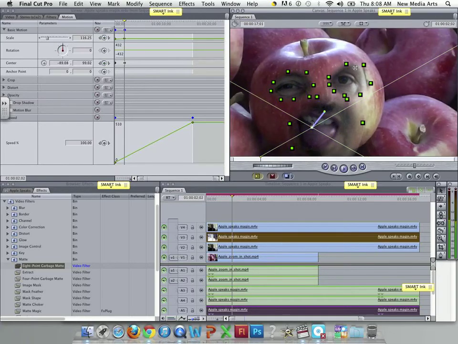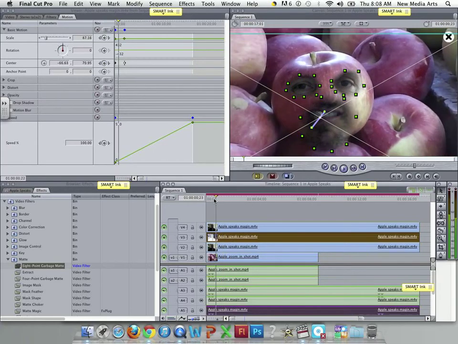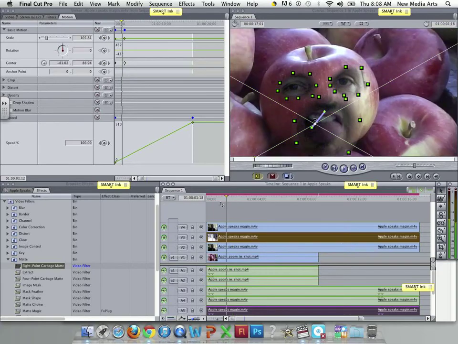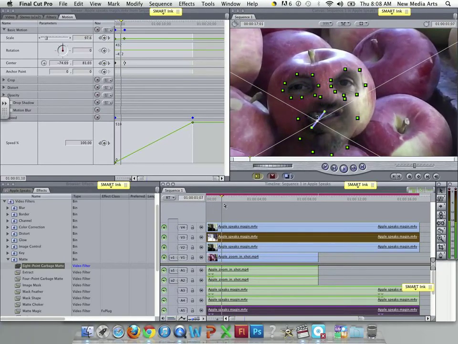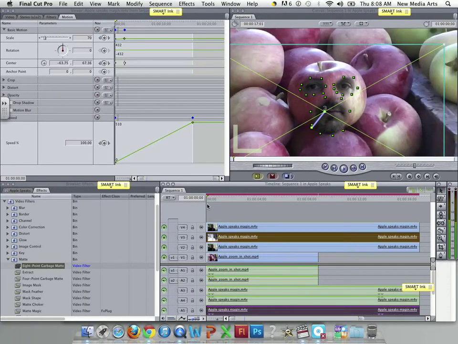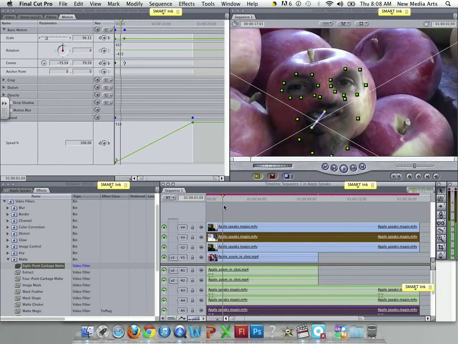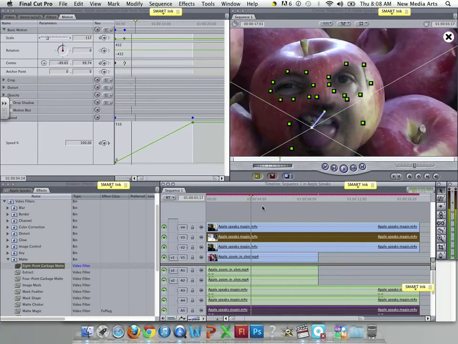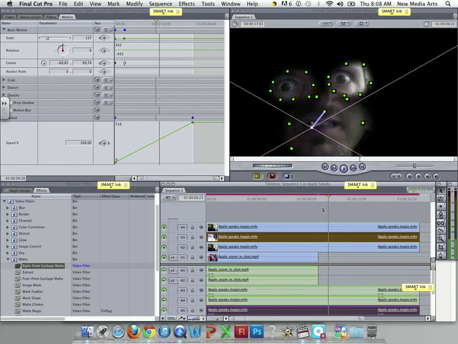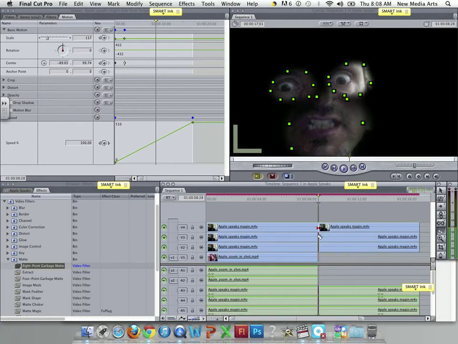All right. So now that I've gotten that all set, I'm pretty much good to go. When I drag through, you'll see that the eyes and the mouth grow or look like they're zooming in along with that apple. The last thing we're going to do is drag to the end of that apple clip, and using our cutting tool, cut the edges of us speaking